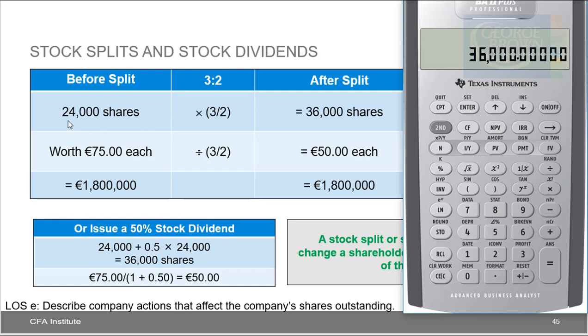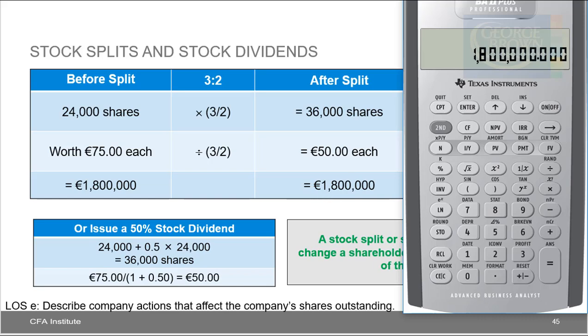Now, before the split, there's 24,000 shares outstanding. They're worth 75 euros, so the worth of the equity was 1.8 million euros. Now, if I take that 75 euros and I divide by 3 and then multiply by 2, you can see the stock price is going to go down to 50 euros each. And if I multiply that by the 36,000 shares outstanding, the higher shares outstanding, I'm back to the 1.8 million